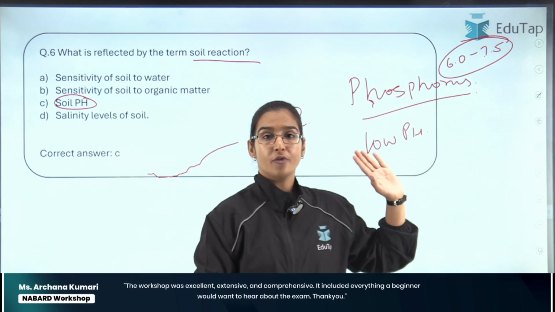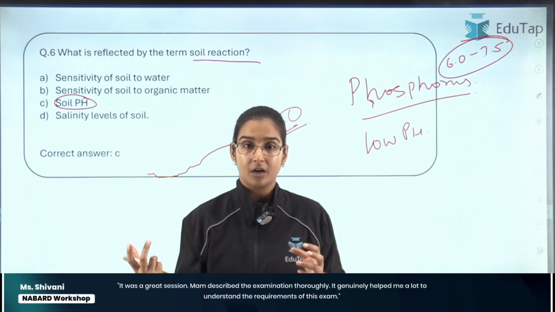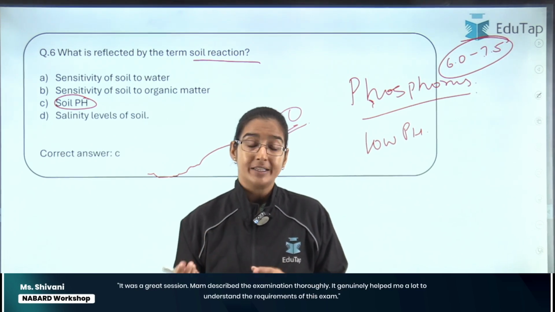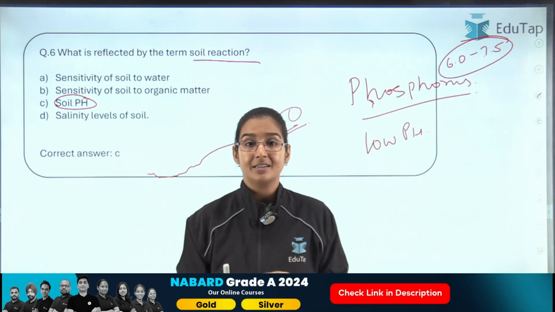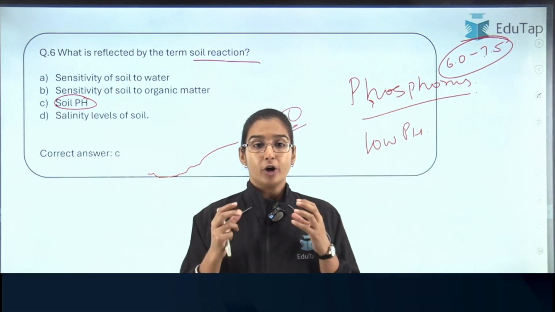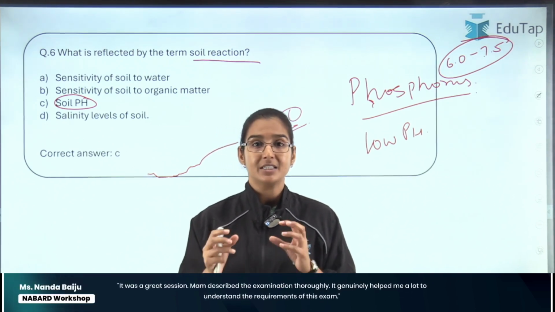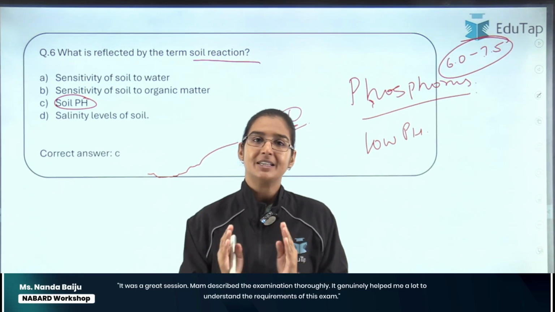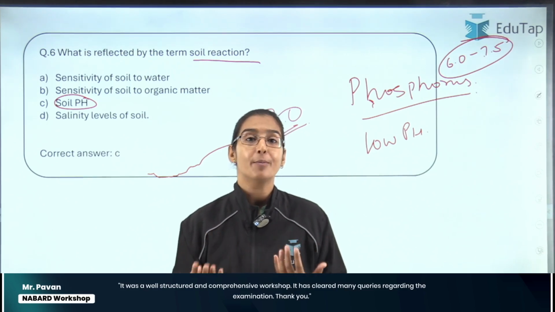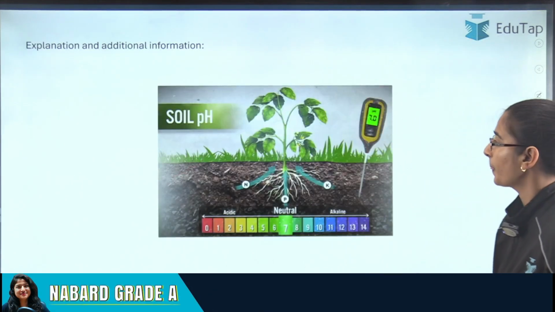Because in conditions of low pH, phosphorus precipitates, and if there are conditions of high pH, or if the soils are alkaline in nature, then in that case mineral cations like iron, like zinc, like manganese, they precipitate, right? So for the ideal uptake, or ideal nutrient availability to the plant, it is important that the soil pH is maintained, right? So that was all about what soil pH is and what the importance of soil pH is. All right, so now let's move ahead to the next question.